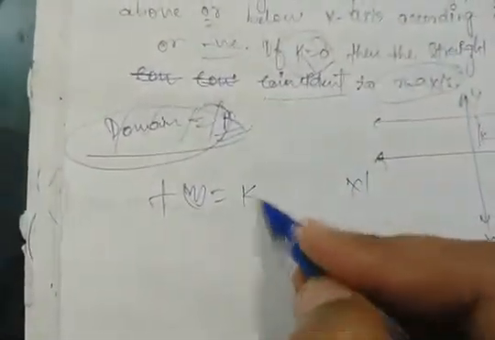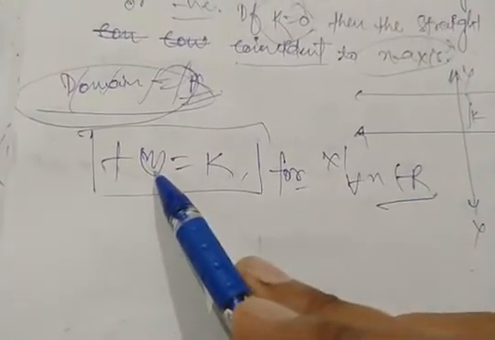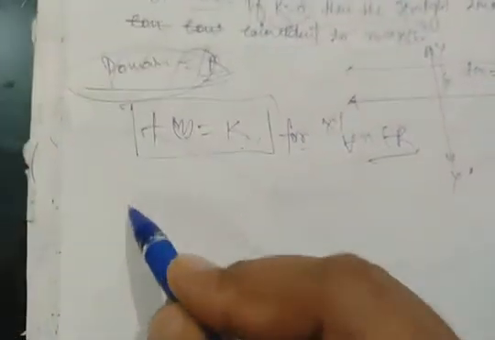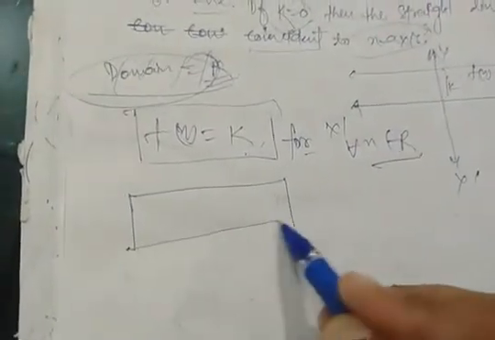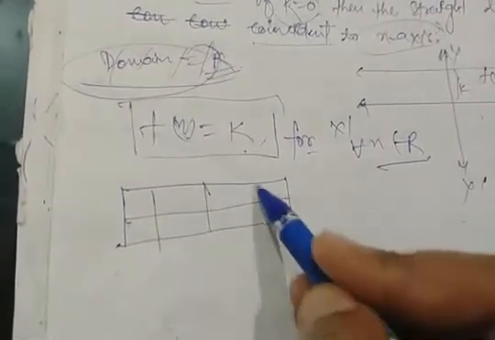We discuss here any function of the form f of x is equal to k for all x belonging to the real numbers, which is generally known as the constant function. Okay, for all values of x we get a constant value k. Suppose that by tabulation, suppose that is x, that is y, y as f of x,